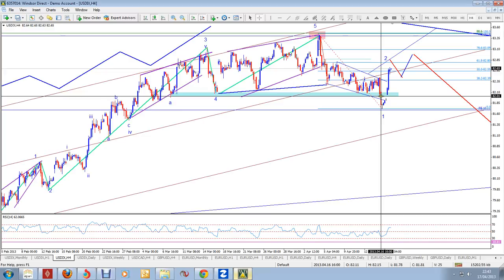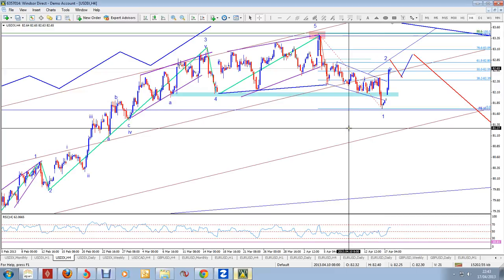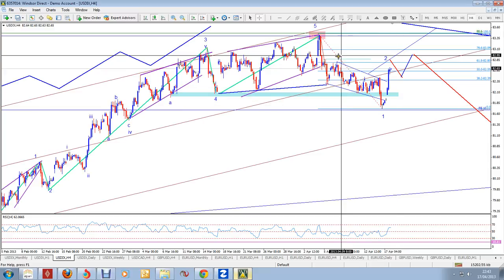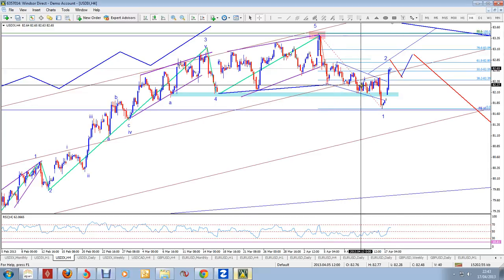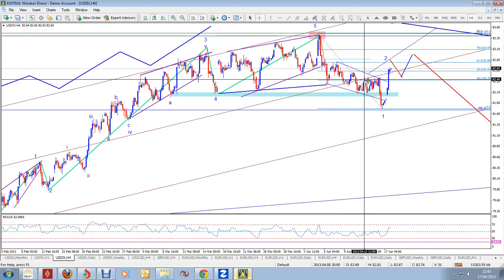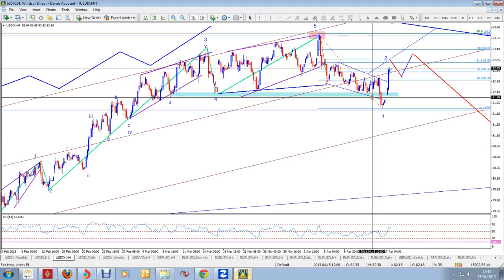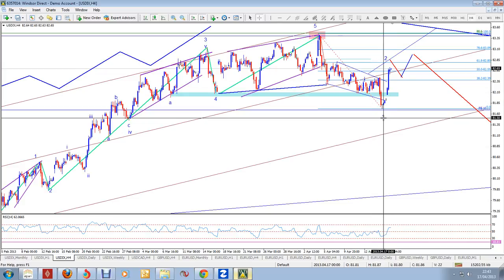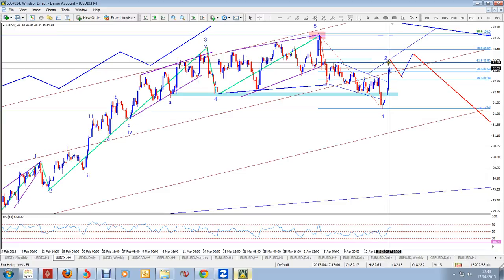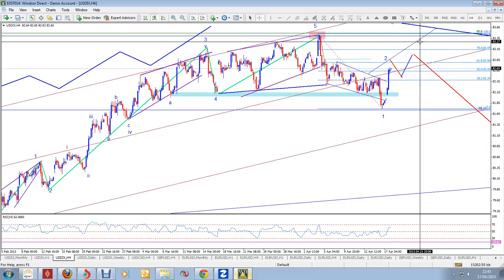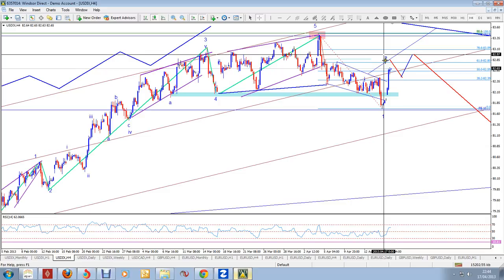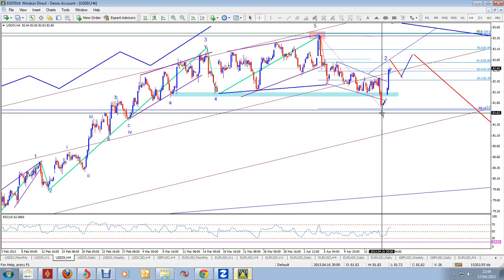This last drop appears to be quite impulsive, and whilst it is not very clear, I think we've got a crude looking falling wedge, and I'm of the opinion that if that crude looking falling wedge is potentially a leading diagonal, then it could be either a wave A or wave 1. If so, then we should go up and retrace in ABC format, like a two-step format. And we've had a wave 1 up, or rather wave A up,